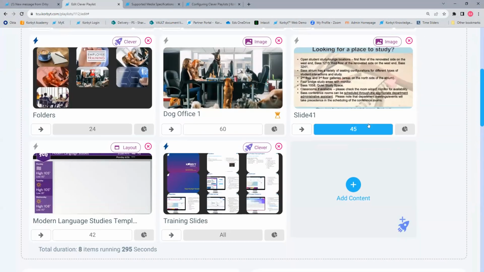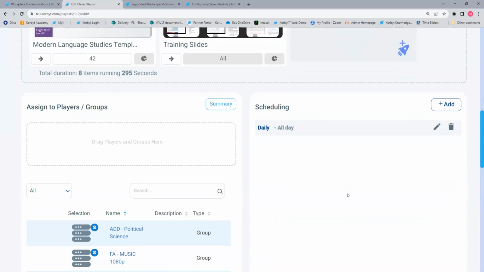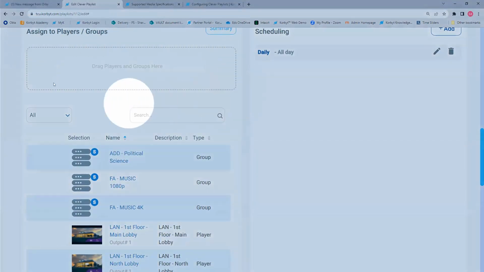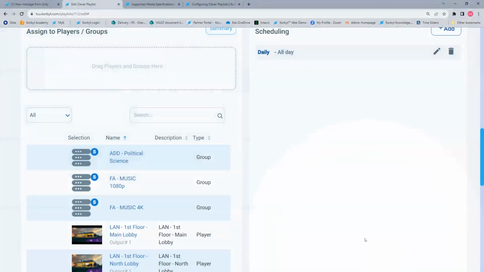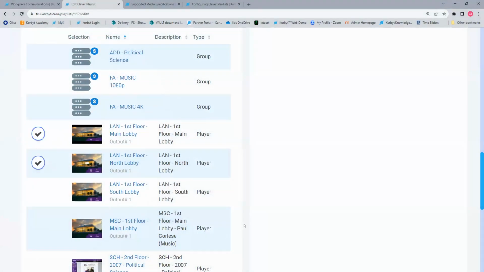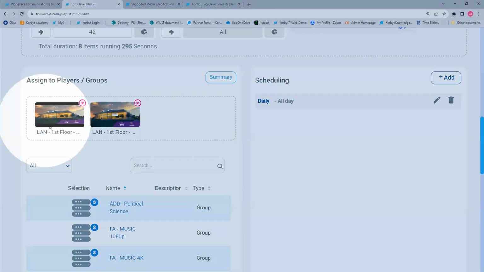So playlists, they pull items together. They give them the amount of time they should be seen on the screen. They can have complex rules. If the playlist is meant to go out directly to a player, you would assign it to players here. This is what decides like what is full screen on the player. So you have player groups, individual players, and you can select the players to be assigned to.